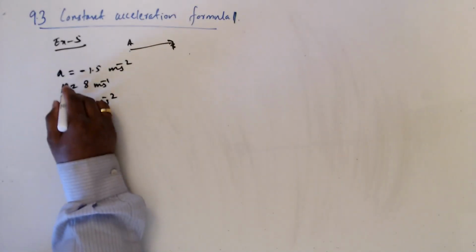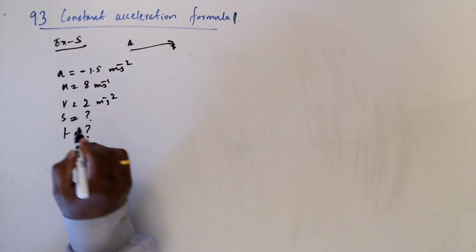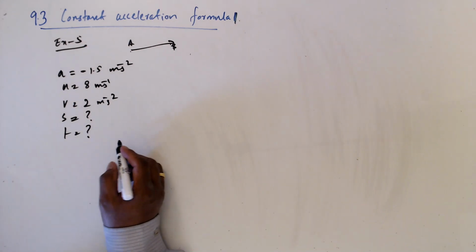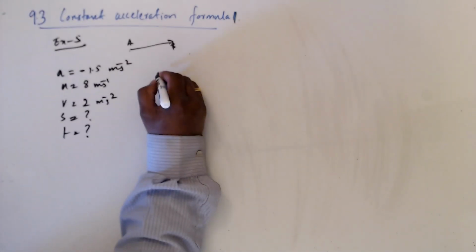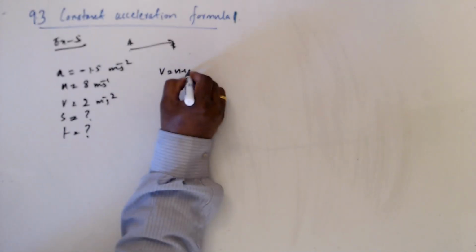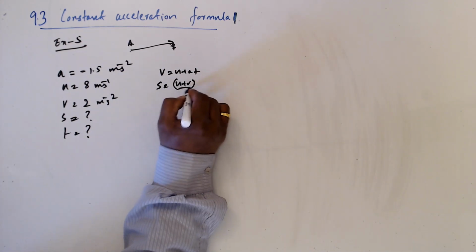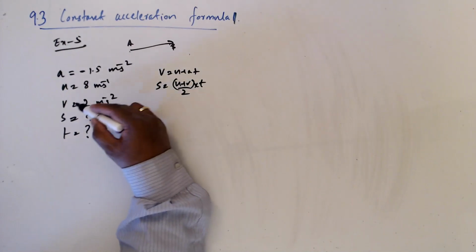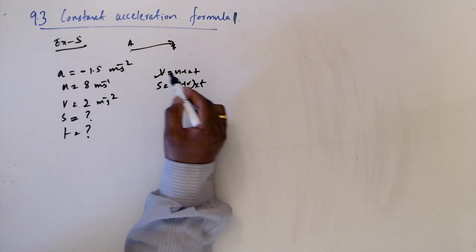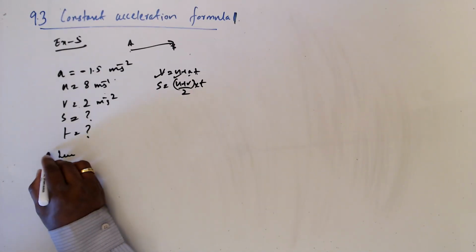At A, we don't know S and we don't know T. First of all, the time. We have two equations in hand: V equals U plus AT, and S equals (U plus V) over 2 times T. V is given, U is given, A is given, so we can find T. So let's consider